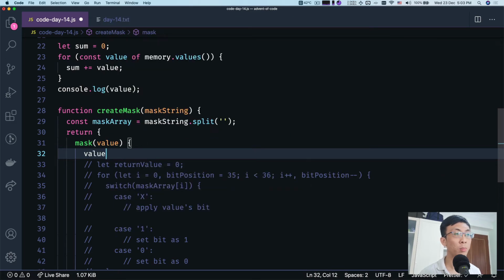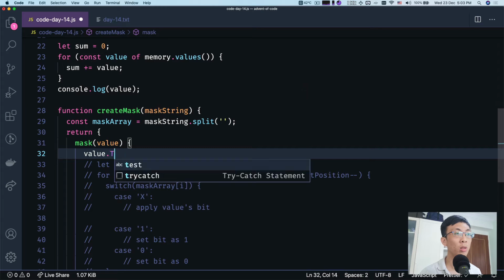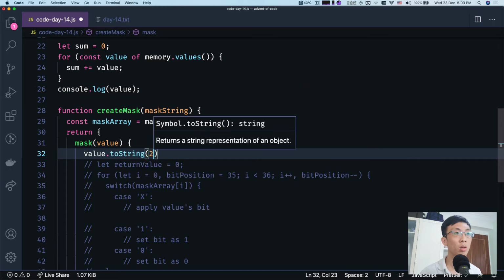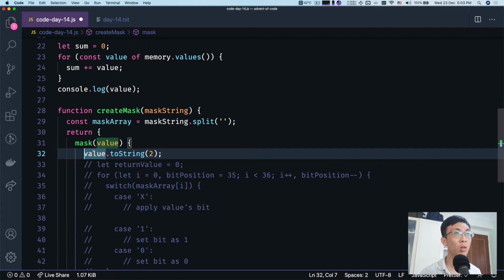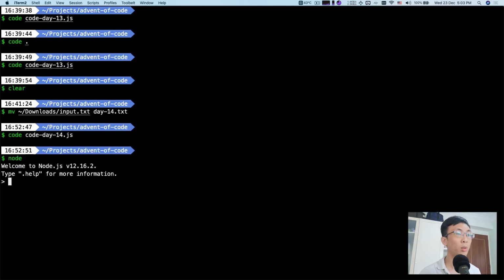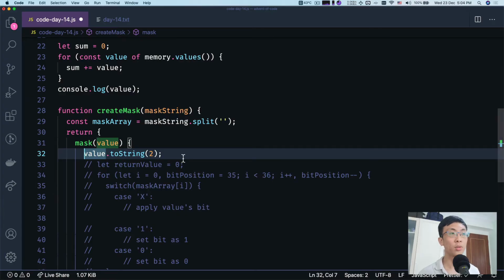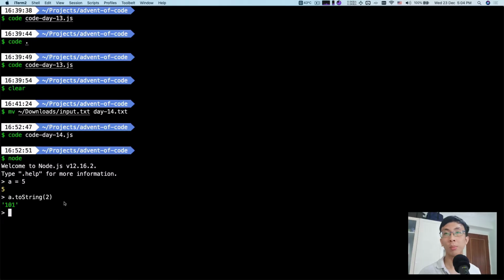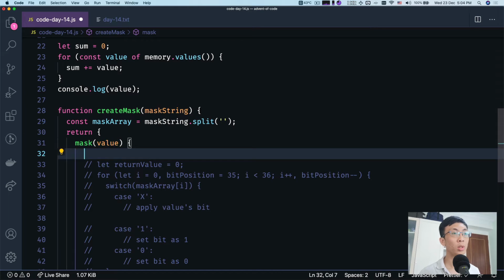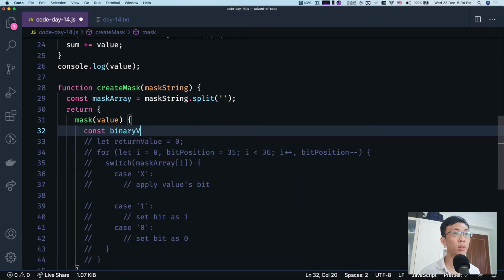Okay, so the first thing is get the toString. Wait, is it toString? Let's try. Note a equals to 5, a.toString. Yeah. toString will give us a string representation of the number, and we can pass a base value. If it's 2, then it will be a binary representation. So what I'm gonna do here is binary value equals value.toString(2),